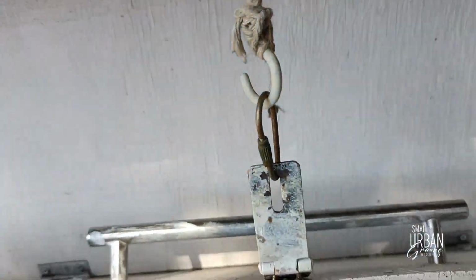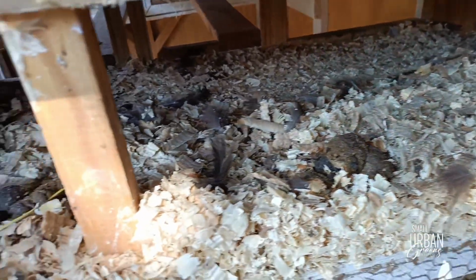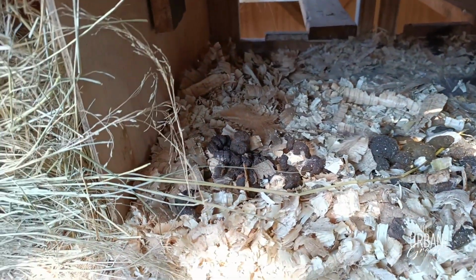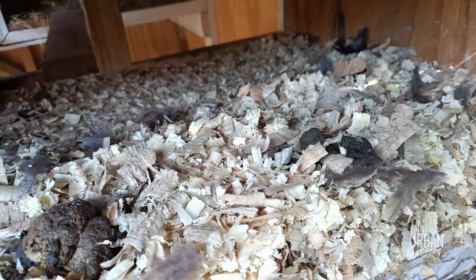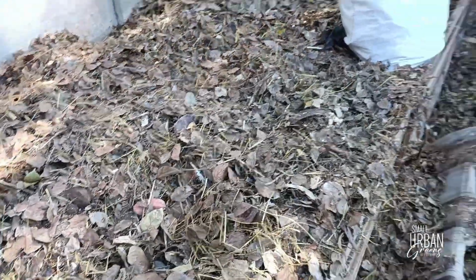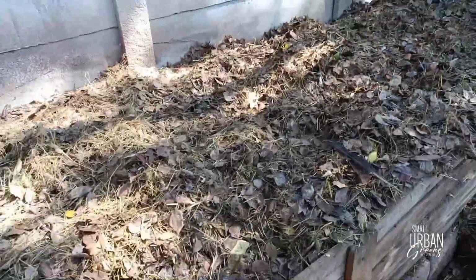And another great fertilizer you can use for your garden is your chicken manure. So this is our compost bin,